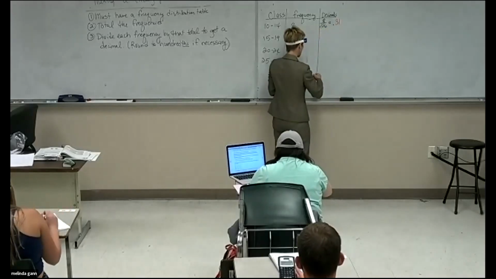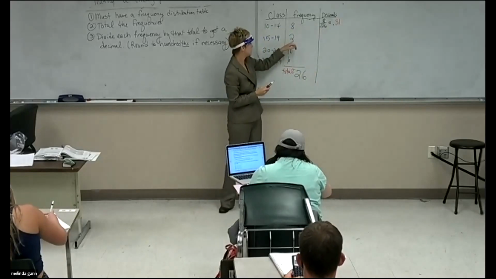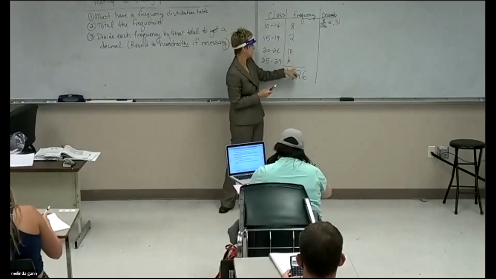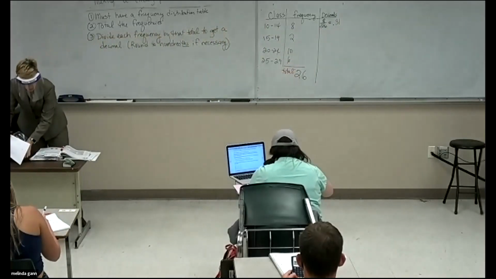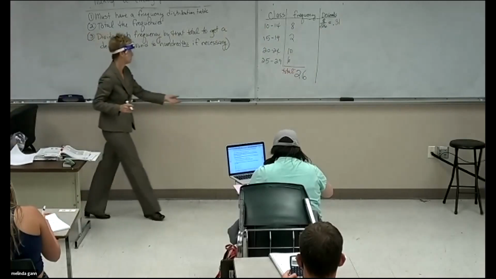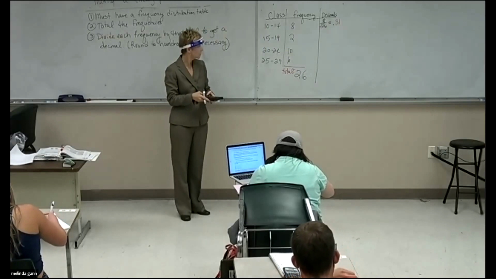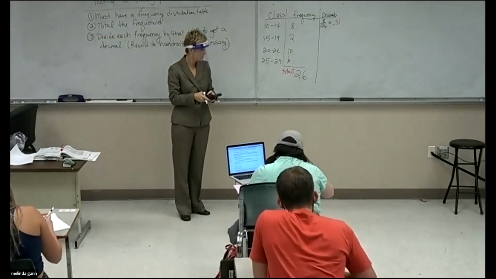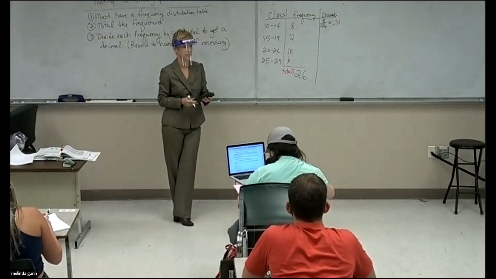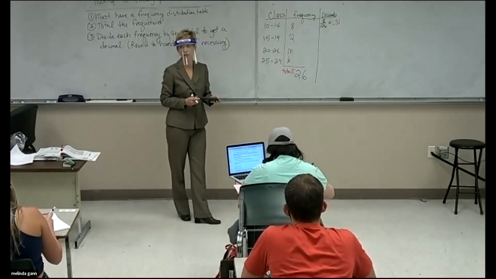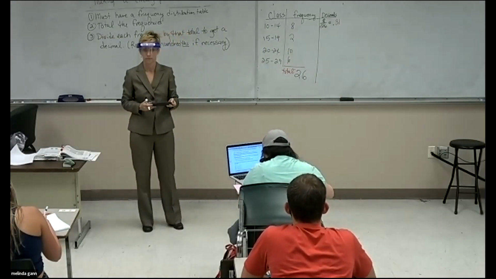Okay? So do that all the way down. Find me those decimal numbers. So I've got to divide 2 by the 26, and the 10 by the 26, and the 6 by the 26. And then I'll see if I agree with you. Make sure you bring those calculators every day. Because it's not going to do any good to write down what I get because I'm not going to be working your test for you. Okay?